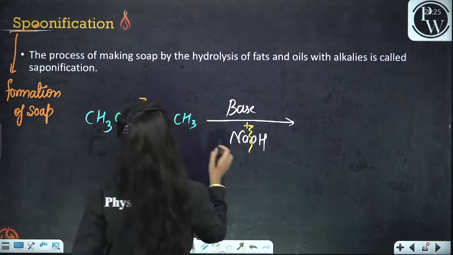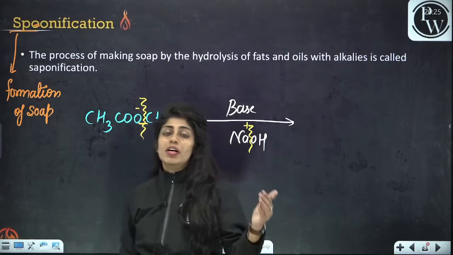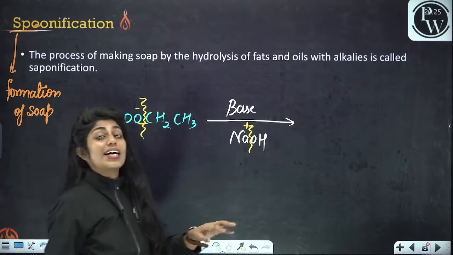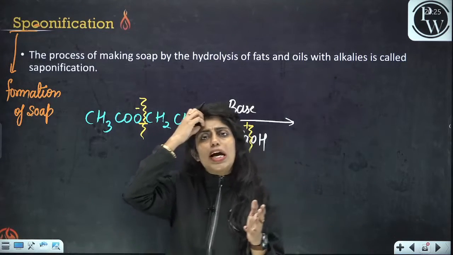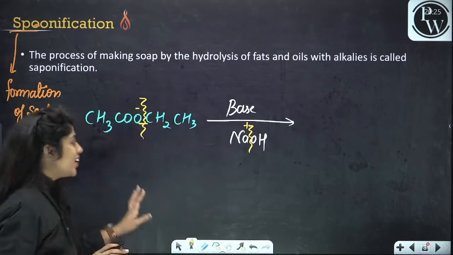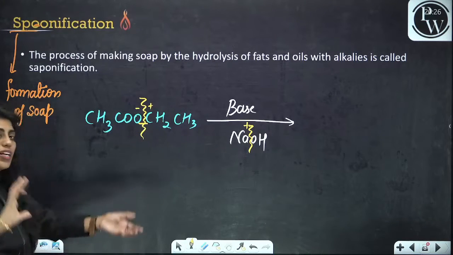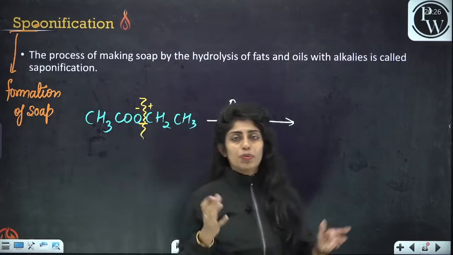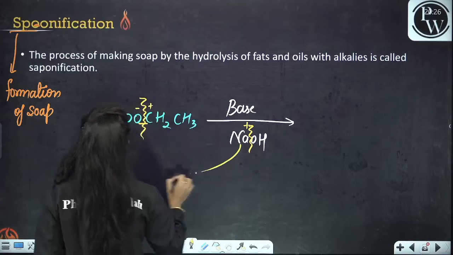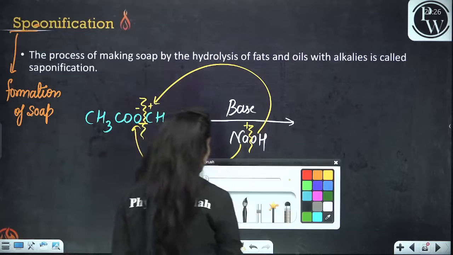We know that oxygen is a negative non-metal. Now, you will say, ma'am, carbon is also a non-metal. But carbon always shares electrons, neither gaining nor losing. Oxygen gains electrons and carries two negative charges, so it is negative, and the other part will be positive. That's why they are connected together. Positive and negative attract like anything. So this Na positive will attack here, and this OH negative will attack here, forming